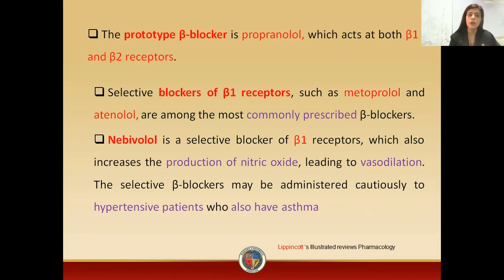Because in that case, your drug will also block the beta 2 receptors, which are located on the lungs. And we already know that activation of the beta 2 receptors results in bronchodilation, and patients who are suffering with asthma already have constricted bronchioles. If I use these non-selective beta blockers in such patients, they will further block the effect of the beta 2 receptor. They will further constrict the bronchioles. As a result, they will exaggerate the condition. So this was all about the mode of action of the beta blockers in patients suffering from hypertension.